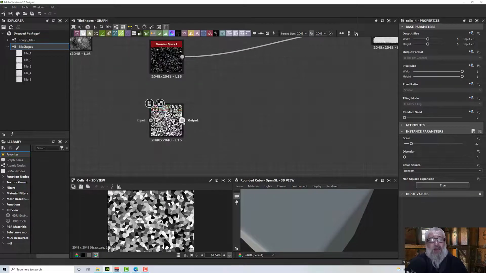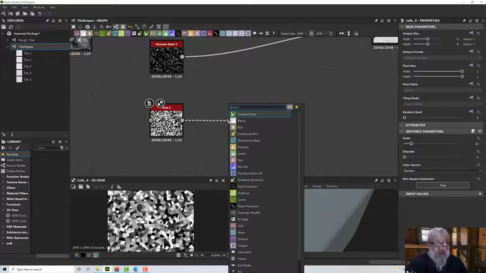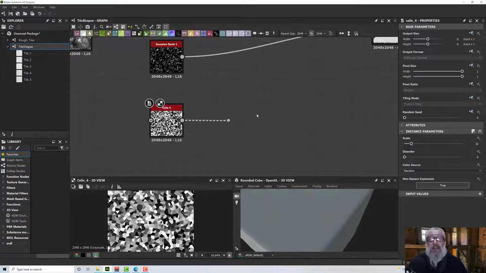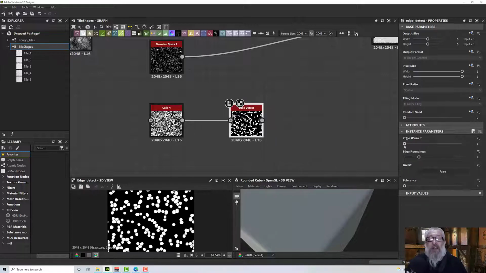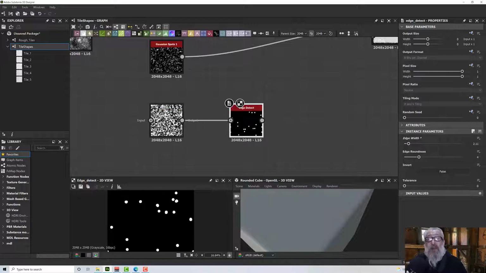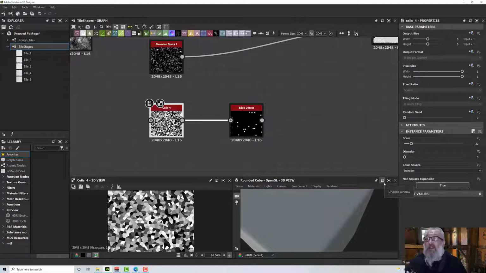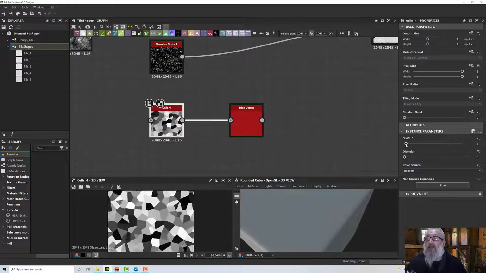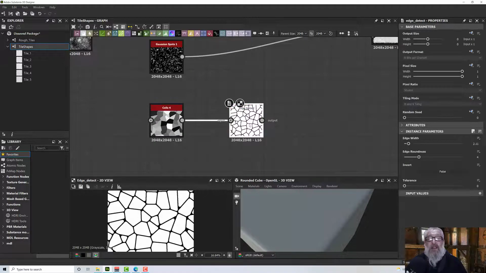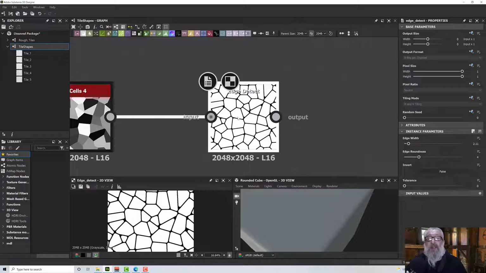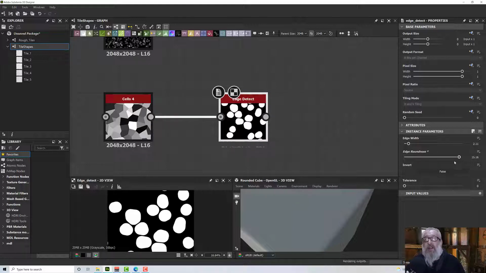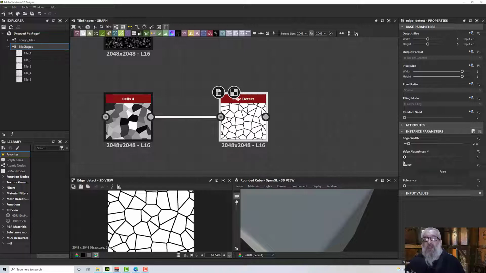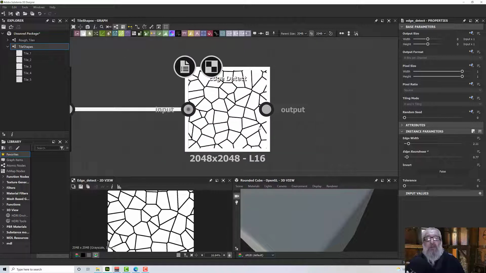And after that, if I drag this noodle out, we can type edge detect, and we'll pick up edge detect, and you'll see that with those settings it's not very great, and that's because basically our cells are too small. We need to bring the scale of this right back down, somewhere around there I think. And now if I double click on edge detect, you'll see that that's got some edges in it. We have a roundness option which we can do to really round them off or really make them sharp. I'm going to put a tiny bit on,